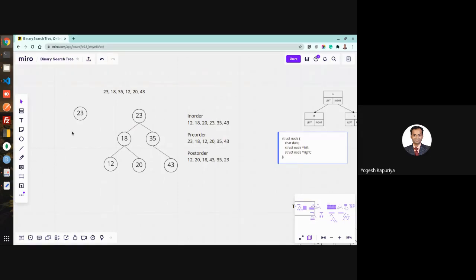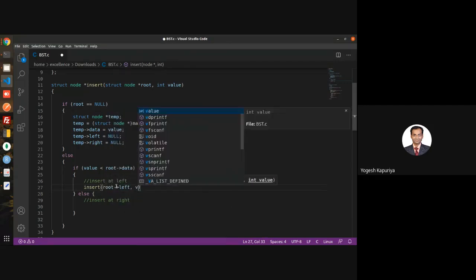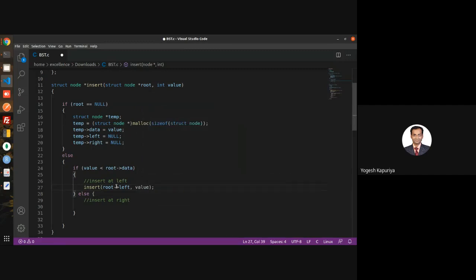Recursively, that means I want to perform another insert function with root as the left of the current root and value as 18.